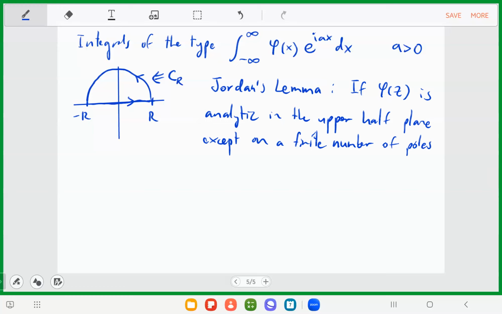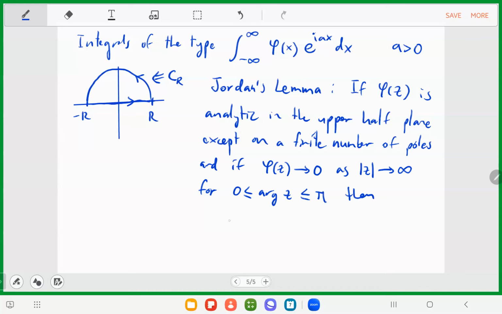So the function needs to be analytic on the upper half plane, with a positive imaginary part, and if the value of the function vanishes, goes to 0 for a variable that has a very large modulus, only on the upper half plane, but for all the values, including 0 and pi, so for the argument of z between 0 and pi,